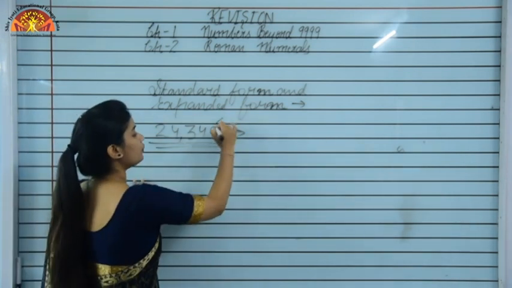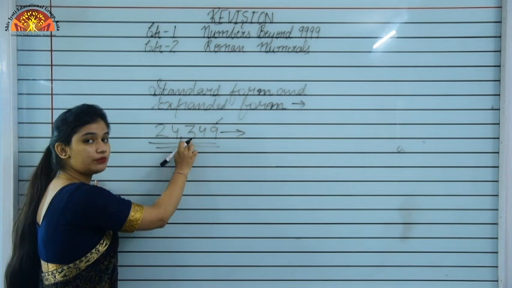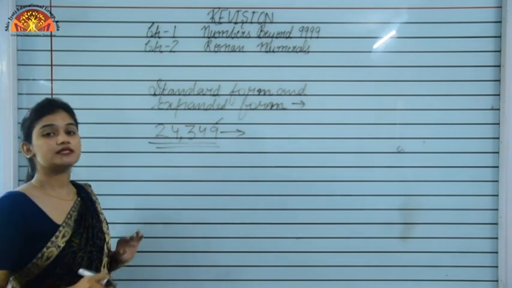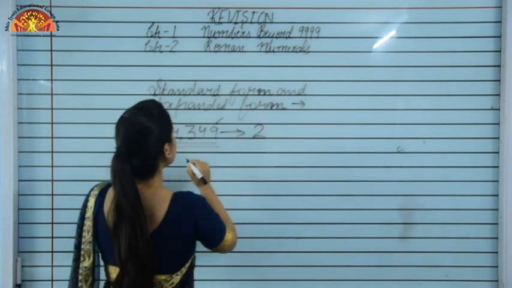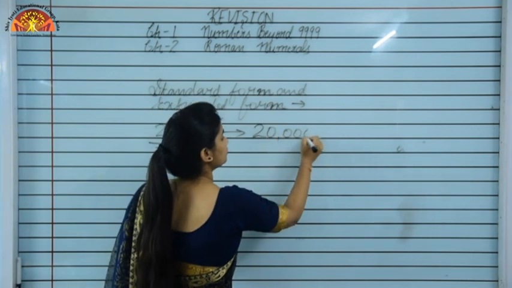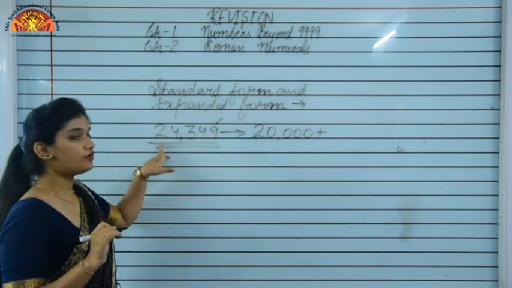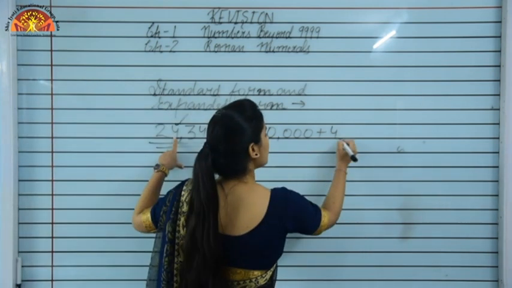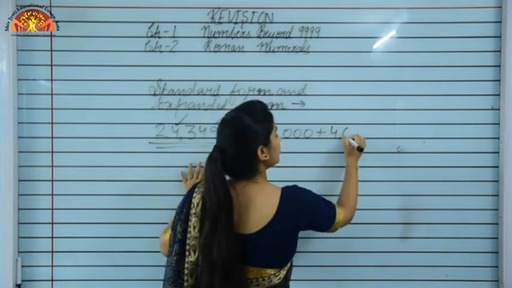Understood? So first of all 9 is coming at ones place, 4 is coming at tens place, 3 is coming at hundreds place, 4 is coming at thousands place and 2 is coming at 10,000s place. So how can we convert this into expanded form? After 2 we can see 1, 2, 3, 4, 4 digits. So we have to put 40,000, and this we have written as the place value of 2. Understood? Now we'll write the place value of 4, that is 4,000, and we can see after 4 1, 2, 3, now 3 digits.